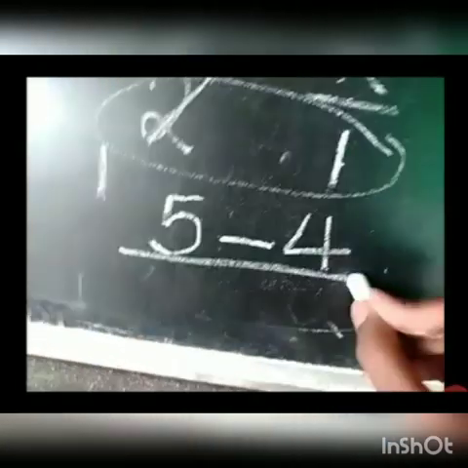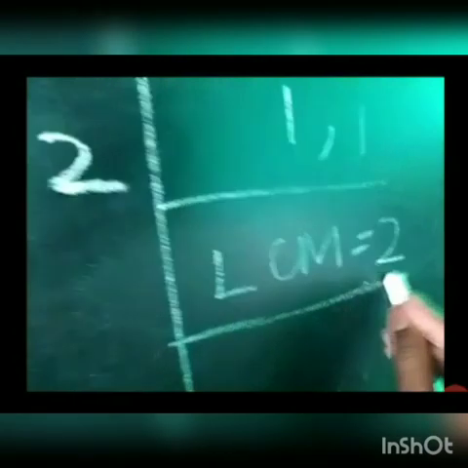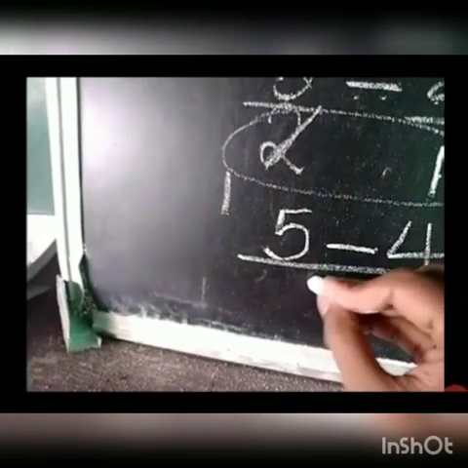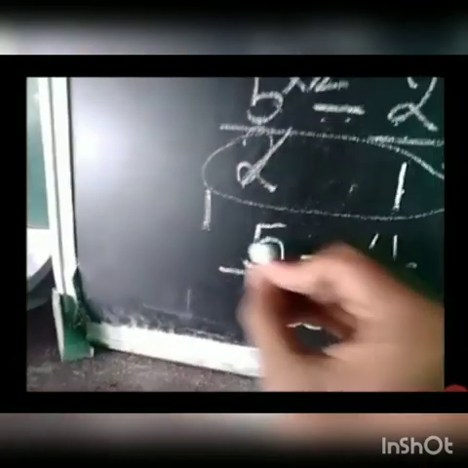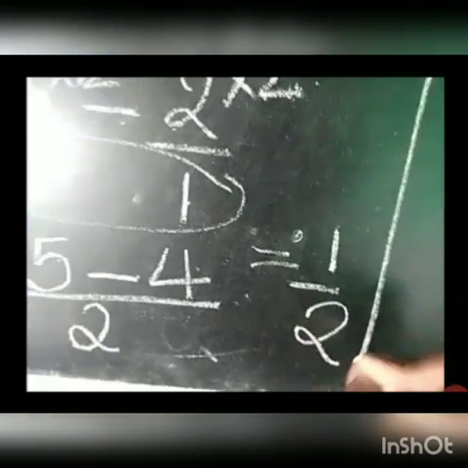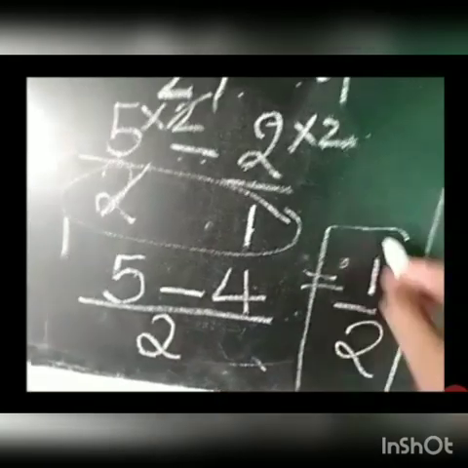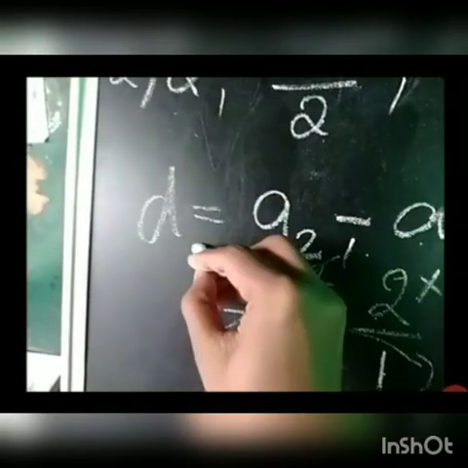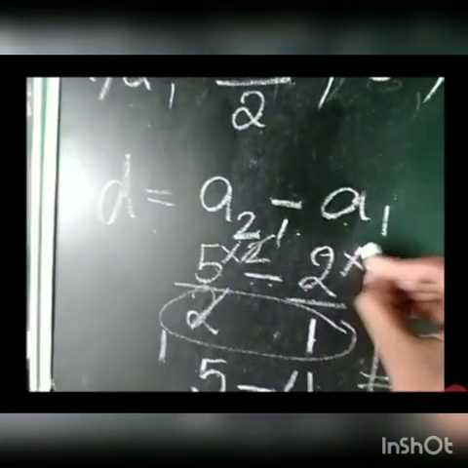5 minus 4 divided by the LCM we got. We got LCM as 2, so write that LCM down, 2. So 5 minus 4 is 1, it is 1 by 2. So we are getting the common difference as 1 by 2, if you are writing the common difference formula as A2 minus A1. So let us see whether I am getting the common difference as 1 by 2 in this